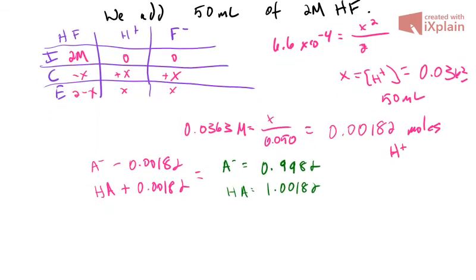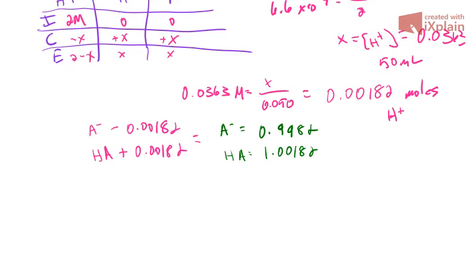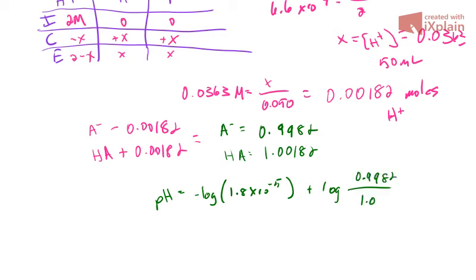There we go. So now we have to do our Henderson-Hasselbalch equation. And so we get the pH is equal to the pKa, which is the negative log of 1.8 times 10 to the negative 5th, added to the log of 0.9982 over 1.00182. Okay, and that is equal to,